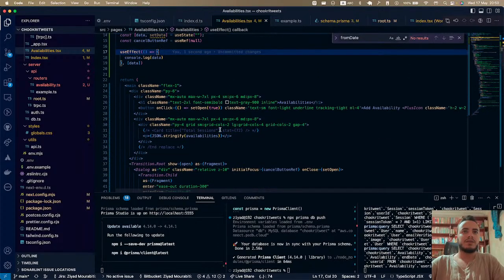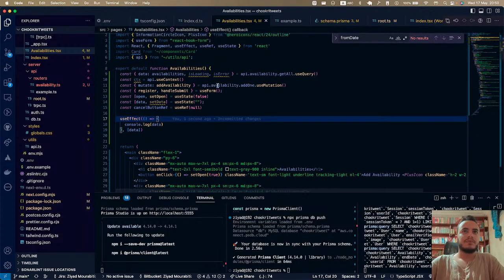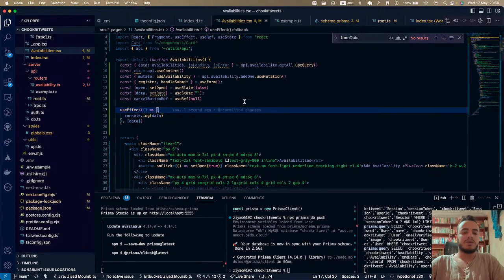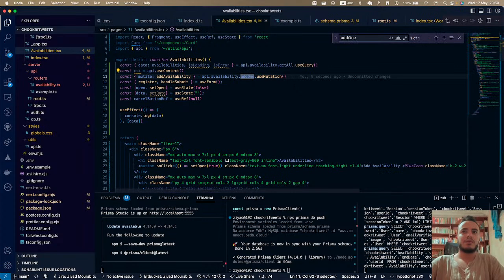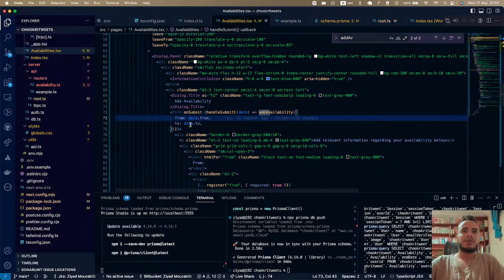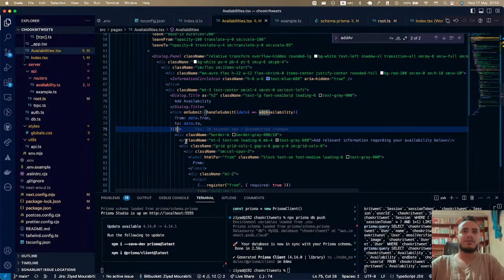And what I'll do is, so add one, no, mutate, sorry, add availability. So add availability, and assuming that this is working fine, would be doing something like,